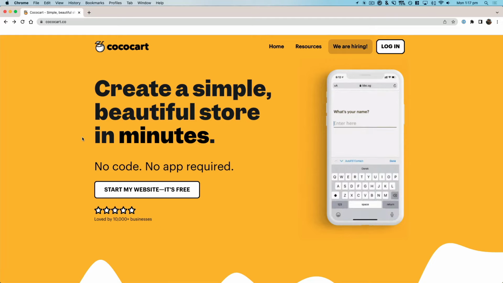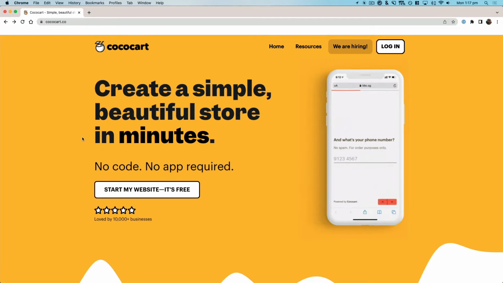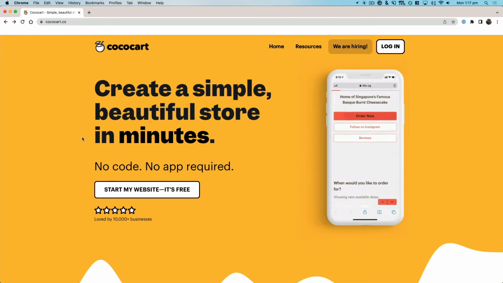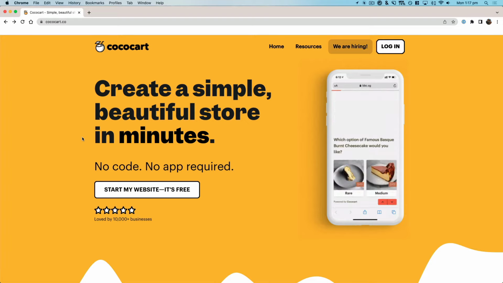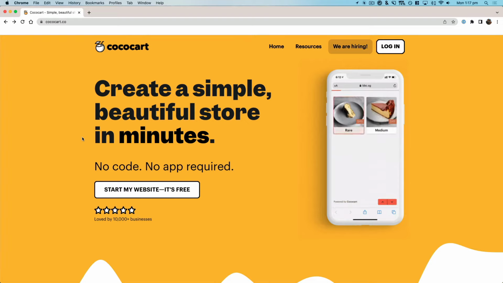Okay, in this video we're going to go through Cococart. Now, Cococart fits a specific need in the market. So there's people who have a website, they write blog posts, they want to add on an e-commerce option to